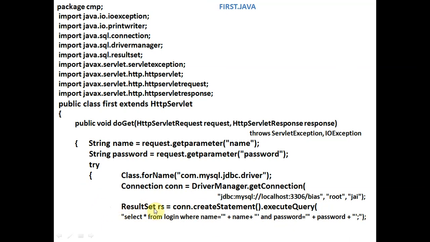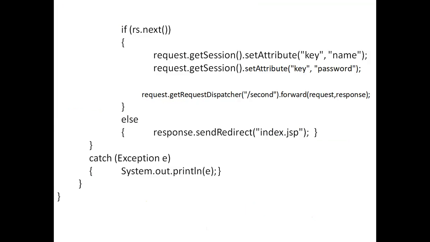So all the data is transferred to this rs, meaning rs is the pointer of all the data. The rs result set is a vector type and can hold two-dimensional as well as single dimensional data. Now we will have a single data, so we'll use an if statement. In case of one username and password we have one data, that's why we are using an if statement. Otherwise we will use a while statement. So if rs.next equals true, if data is in the rs, then it will return true.